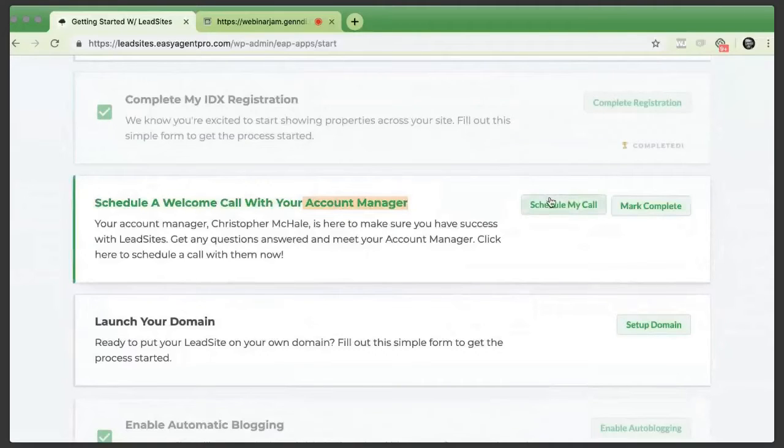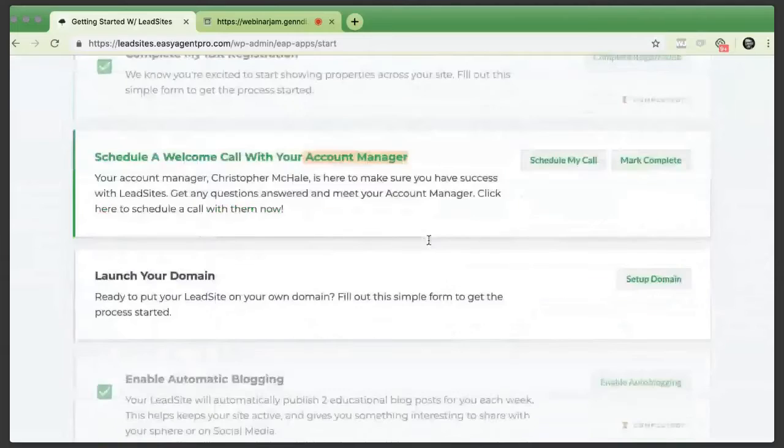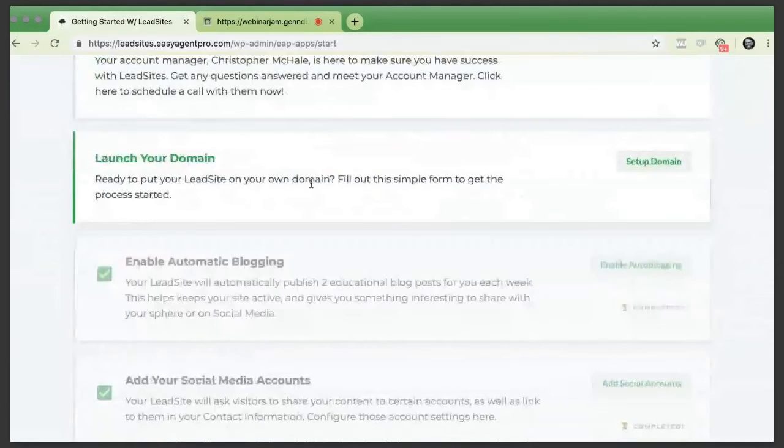The next one is going to be your domain. The two big things that we really recommend that you tackle right away are launching your domain and making sure that your MLS paperwork is in order. Once those two things are completed, technically the site is 100% ready to go share out to the world. As far as domains are concerned, we do not host domains. You have to get your domain from a domain host like GoDaddy, HostGator, or